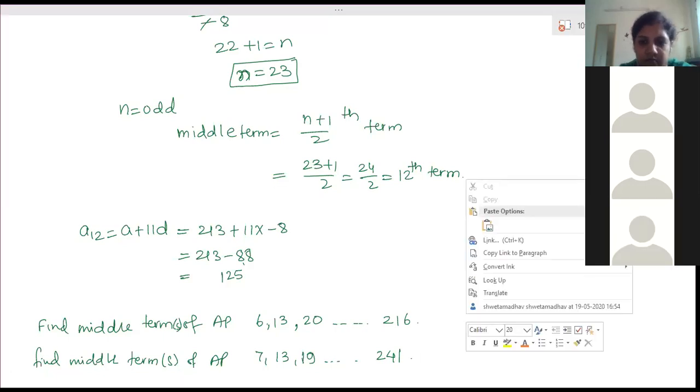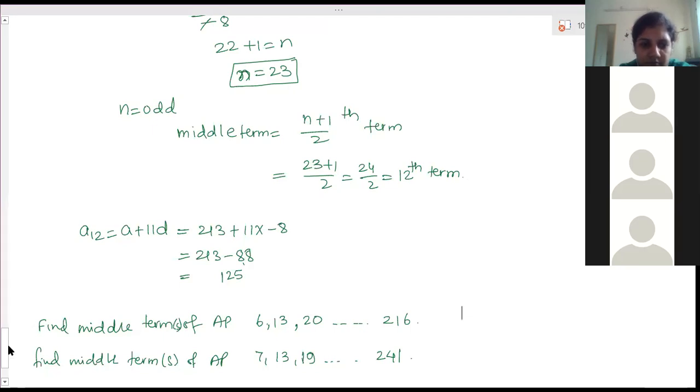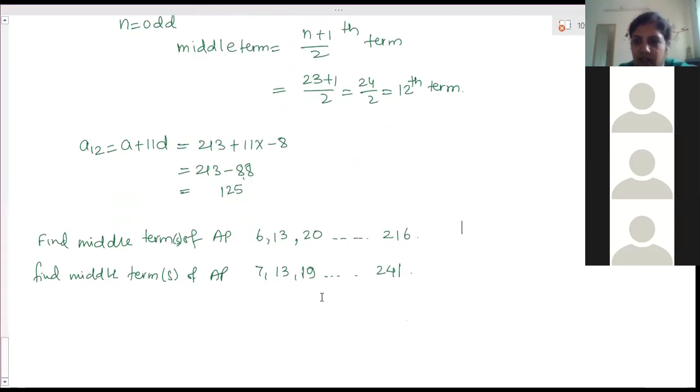Ma'am, I got disconnected. Can you repeat from the second sum? Have you solved the second sum? No, ma'am, after I solved the first sum of the middle term, I got disconnected. Only I've given these two questions, nothing else done. Ma'am, 127 and 133. No, 121 and 127. Oh, okay. Earlier one, 40. So 40 by 2 is the 20th and 21st term.